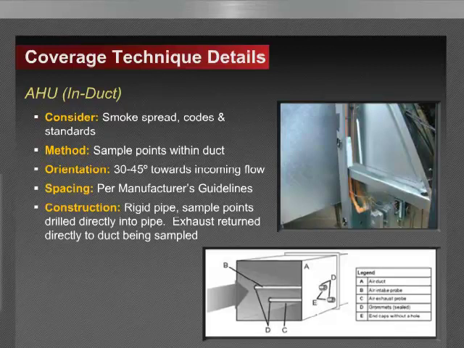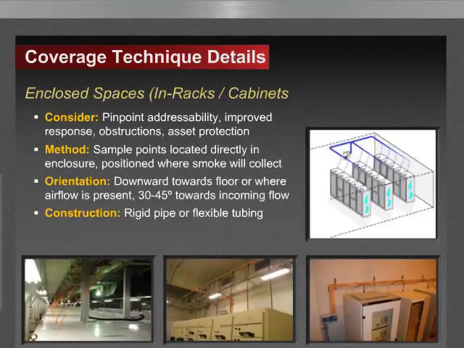And on a discussion for enclosed spaces, such as in racks and cabinets, fully and partially enclosed cabinets and racks present a challenge for smoke detection outside the enclosure, as an enclosure imposes a barrier obstructing dispersion of smoke outside its confines. So there are numerous types of electrical components housed in equipment cabinets that exhibit very slowly progressing degradation before the flaming stage of fire occurs, and again, we refer to this as the incipient stage.